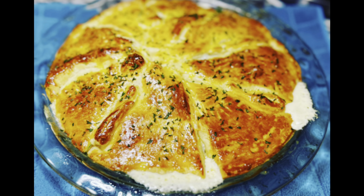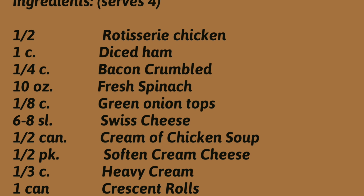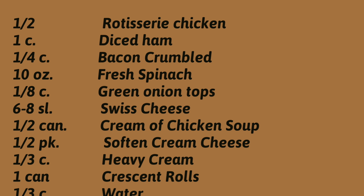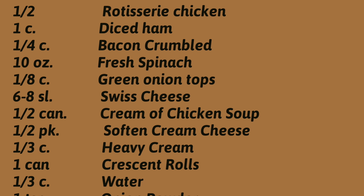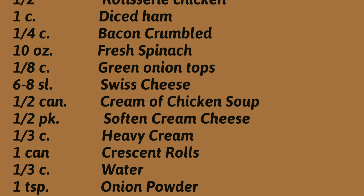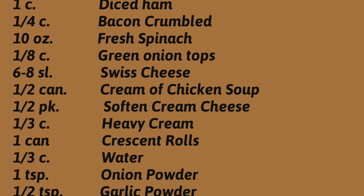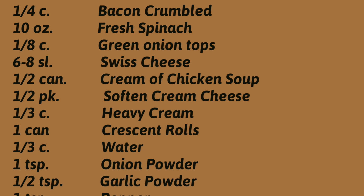Let's get started. For your ingredients, you're going to need 1/2 of a rotisserie chicken, deboned and skin taken off. You'll also need 1 cup of diced ham, 1/4 cup of bacon, crumbled, 10 ounces of fresh spinach, 1/8 of a cup of green onion tops, cut, 6 to 8 slices of Swiss cheese, or you could grate your cheese, 1/2 can of cream of chicken soup, 1/2 pack of softened cream cheese, 1/3 cup of heavy whipping cream,